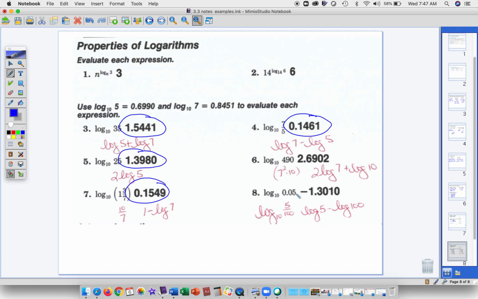And then for number 8, think of this as 5 over 100. So it's the log of 5 minus the log of 100, and the log of 100 is 2. So log of 5 minus 2 gives you this decimal here. I'm not sure why I didn't circle that one, but